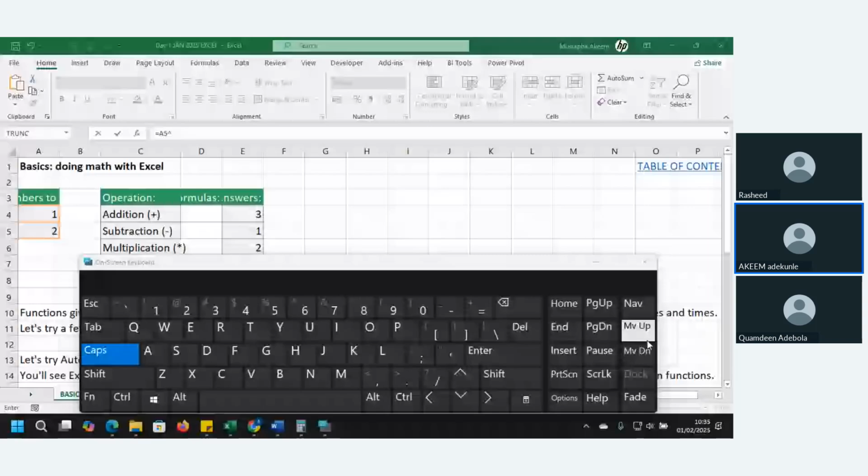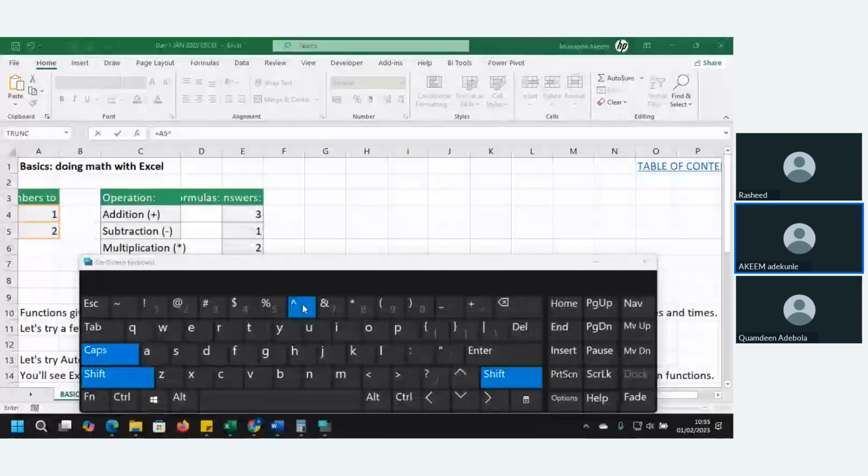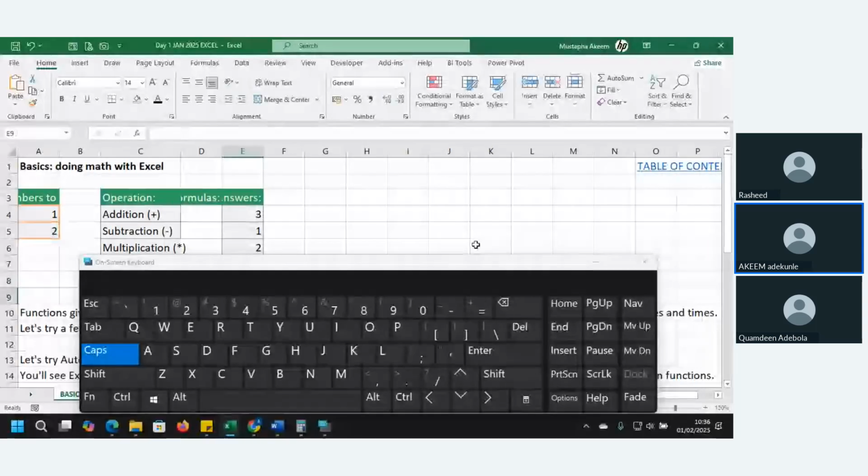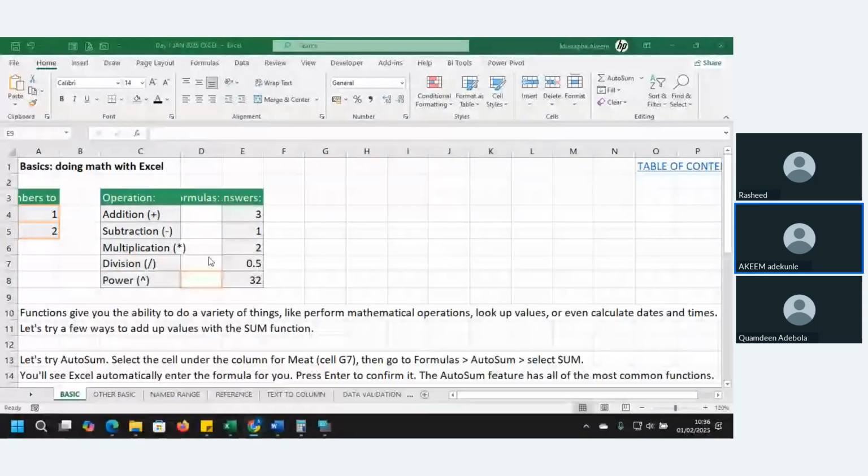All the numbers I'm mentioning are the ones at the top here. I hope you can see my on-screen keyboard. Shift 6 will give you raised to power. Then you can select, okay, 2 raised to power 5. Those are the common signs that we use for mathematical operations in Excel.